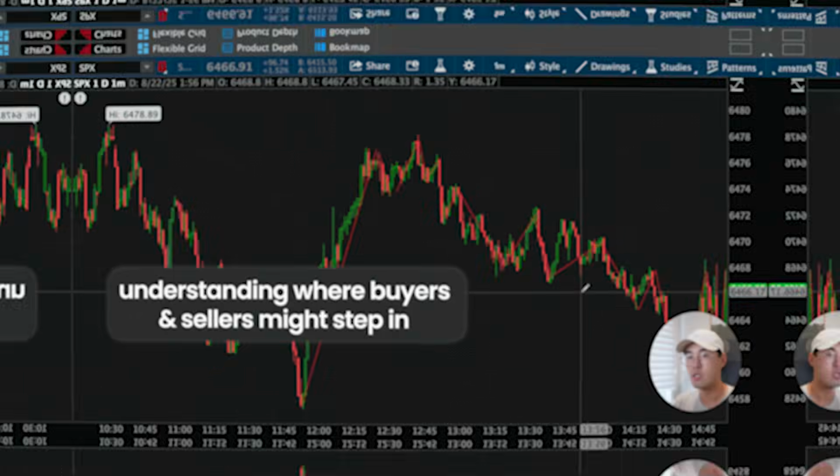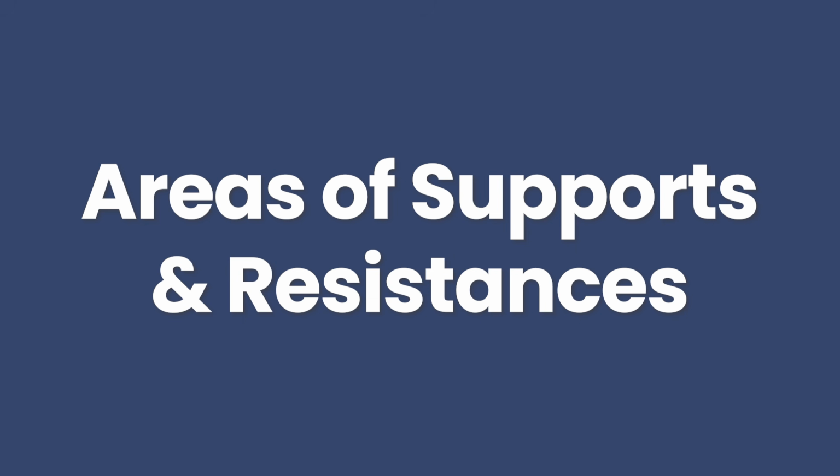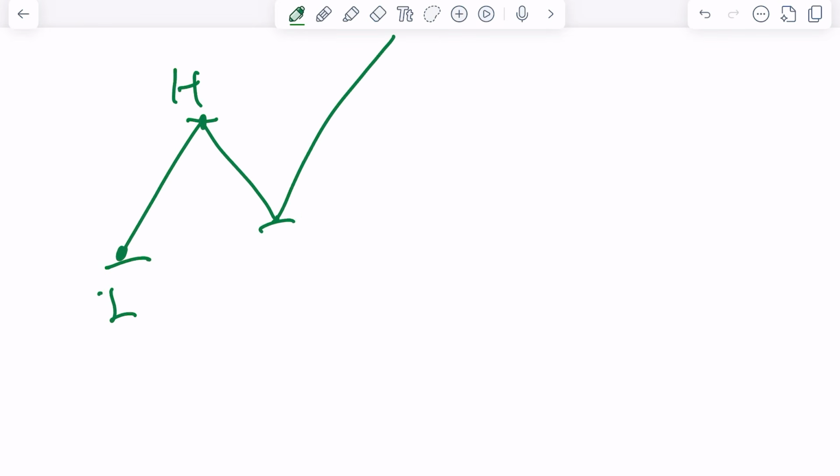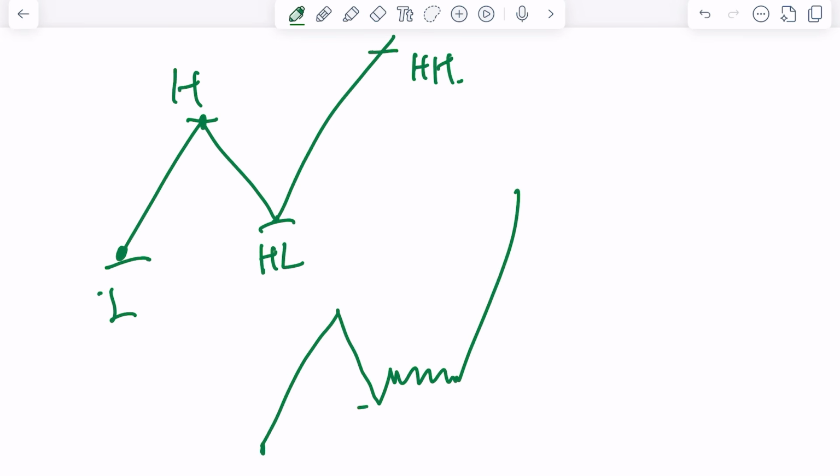And this is where we call supports and resistances, or areas of supply and demand. One thing you'll notice is that when we look for these trends, that you have your low to your high to your higher low to your higher high, sometimes it doesn't look necessarily like this, right? Sometimes it looks more like this and then this. But this higher low, the way you look at it is to find the lowest point on the chart. In this case, it'll be this point. You draw it there, and then this part here is just consolidation waiting for an upswing to the higher high